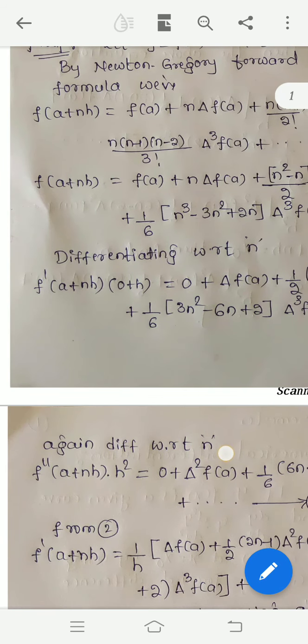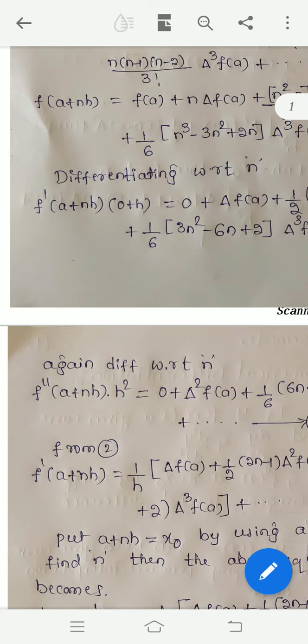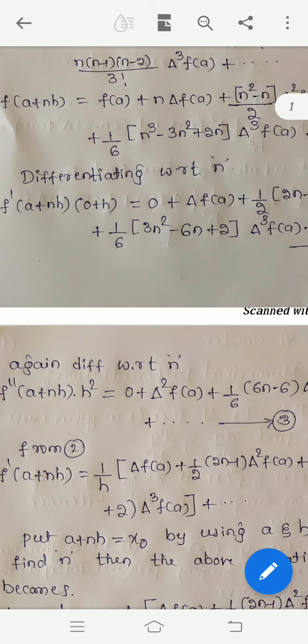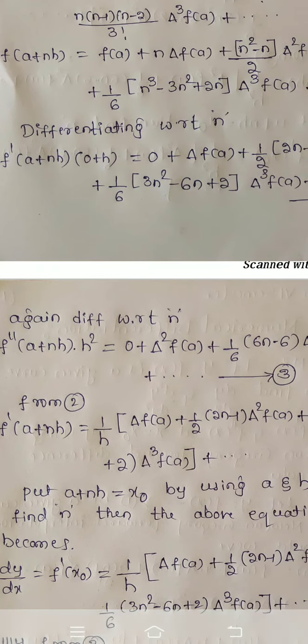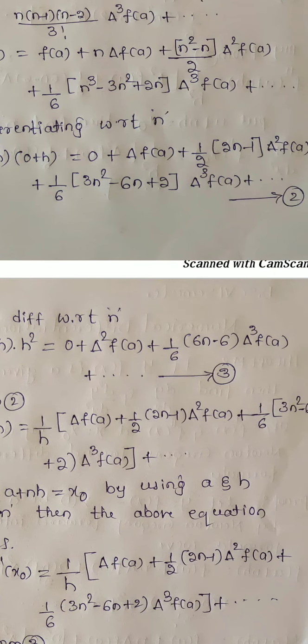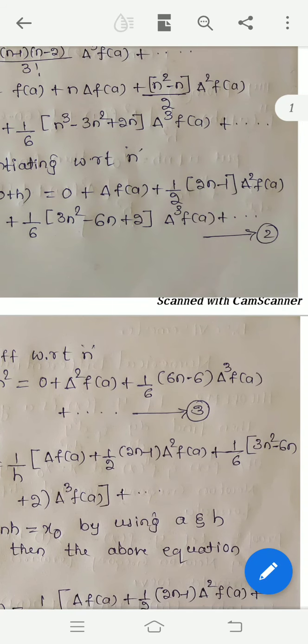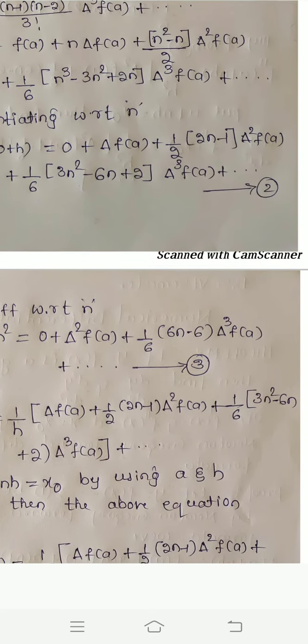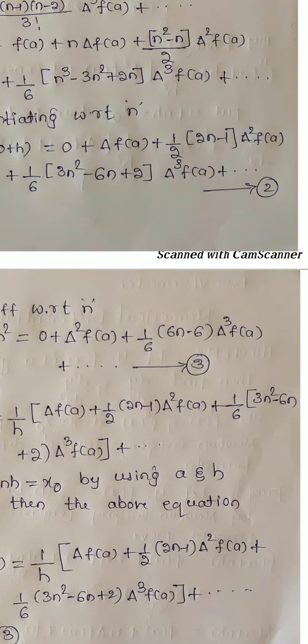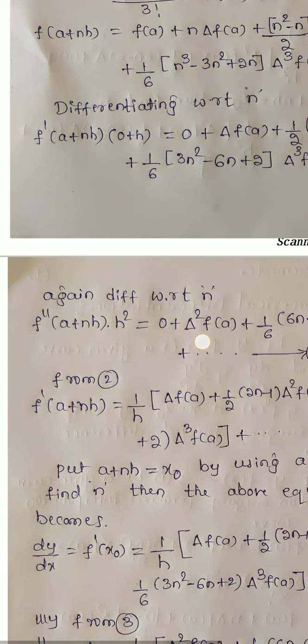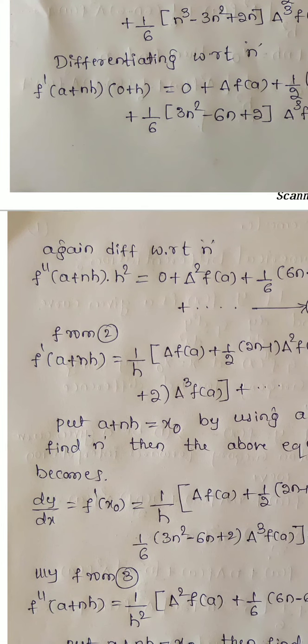Again differentiating with respect to n, we will have f double dash of a plus nh into h square, that is h square, that is equal to 0 plus, this term will become 0, that is delta f of a will become 0, plus here delta square f of a plus 1 by 6 into 6n minus 6 into delta cube f of a, call it equation number 3. So we have from equation number 2,